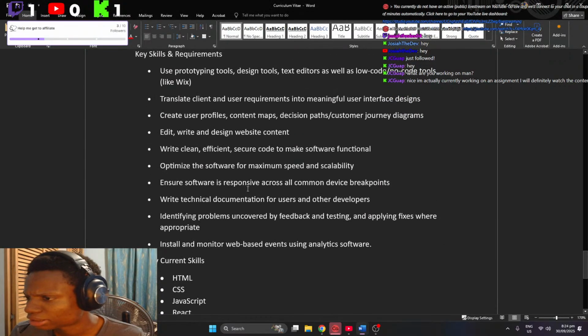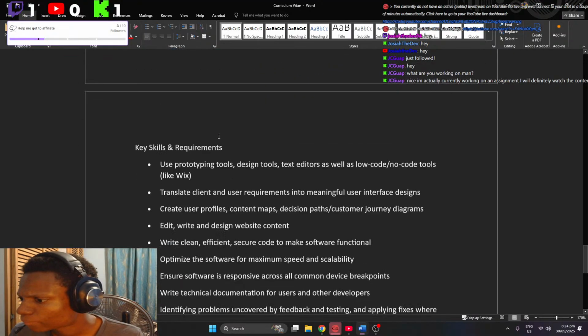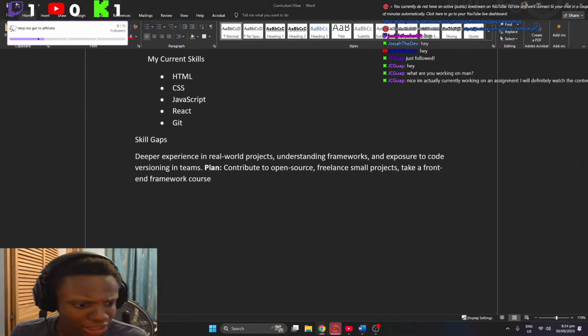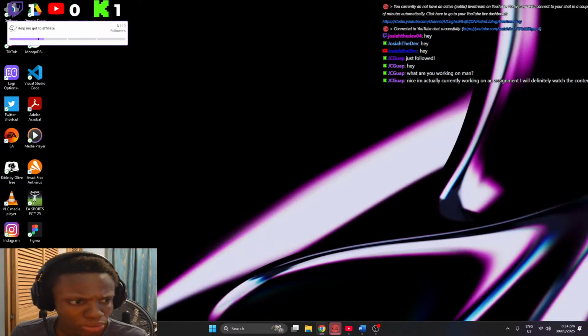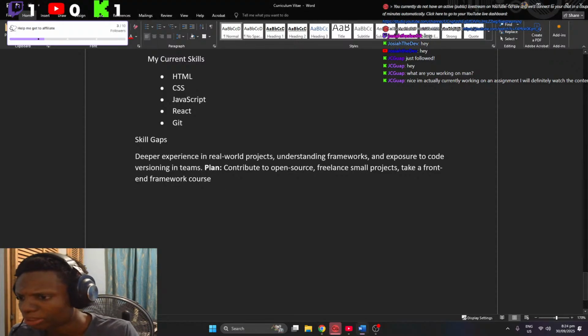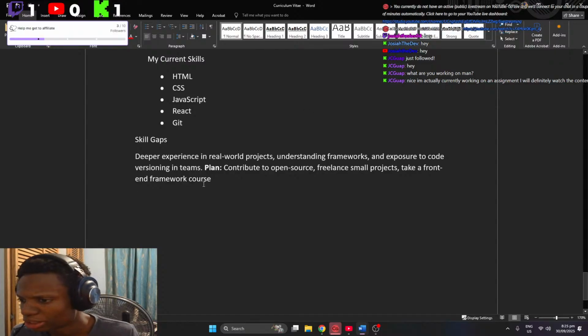So I'm guessing that, well, I don't think it really asks for, let's say, identifying gaps between what you have. So skill gap is that deeper experience in real projects, understanding frameworks, and exposure to code versioning in teams. So